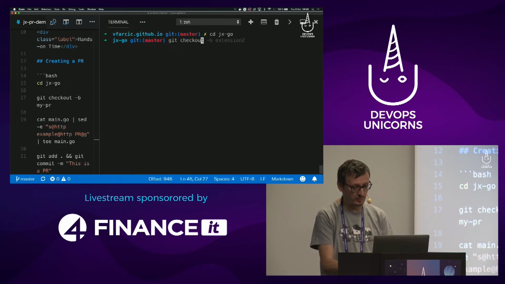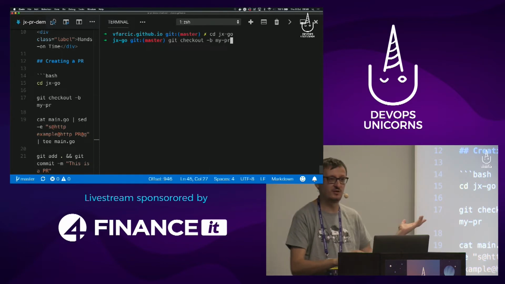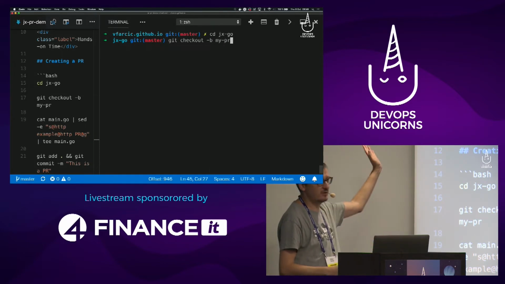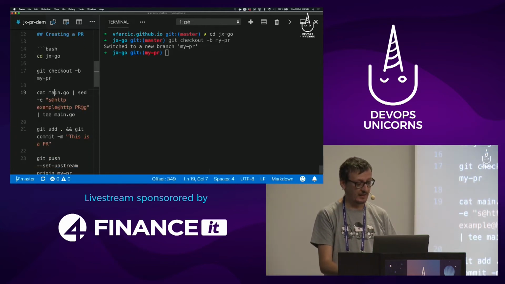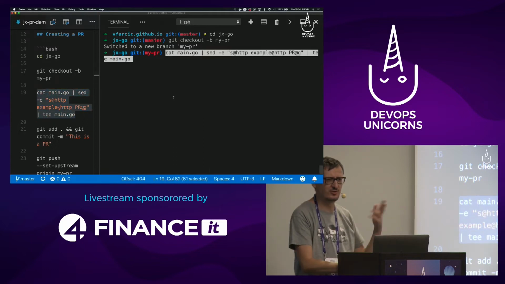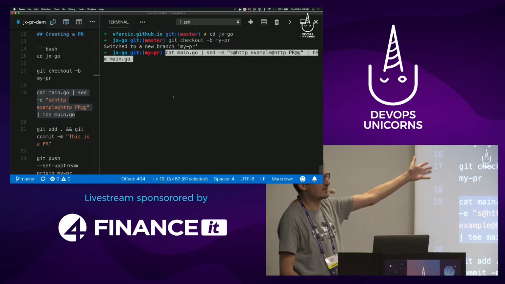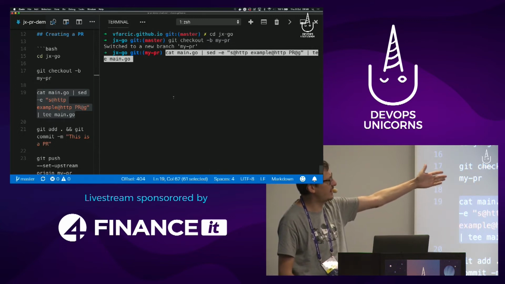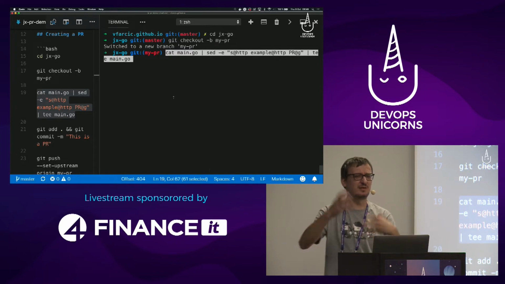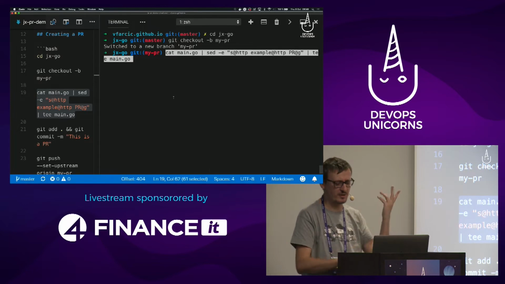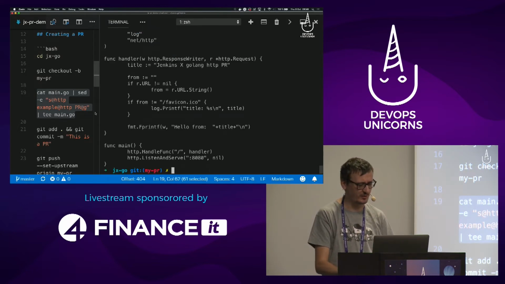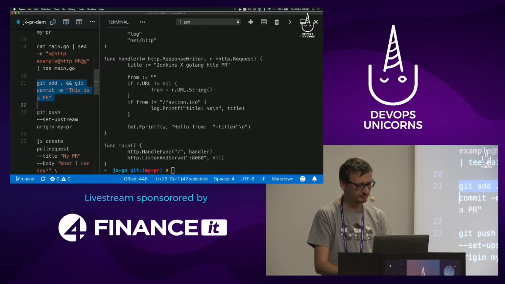So what do you do as a developer, or whatever you are, when you start working on a new feature? You create a new branch, right? So I'm going to create a new branch. I'm going to call it my PR. Nothing really special. And then I'm going to save you from looking at me changing code, so I'm going to run this command just to change my code. Instead of saying something HTTP example, it's going to say HTTP PR, right? I'm simulating now a few hours of coding during which I would be coding on a new feature, doing whatever I need to do. So I'm a developer, remember that.